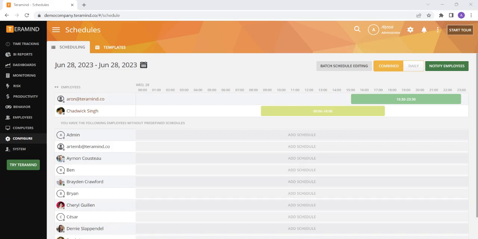Let's talk about how to set up schedules within Teramind. The Schedules feature allows you to manage your employee schedules and work time from within the Teramind dashboard. Once you have configured your employee schedules, you will be able to create any type of agent rule and can